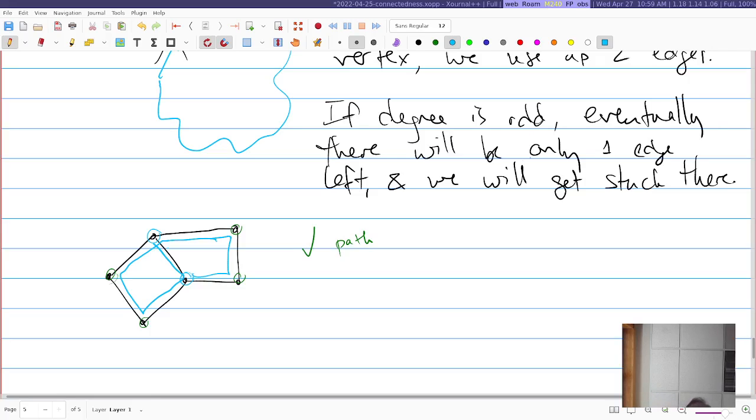Okay. So next time we will actually see if we can state a general theorem that says when it's possible to do this and when it's not. See how we would